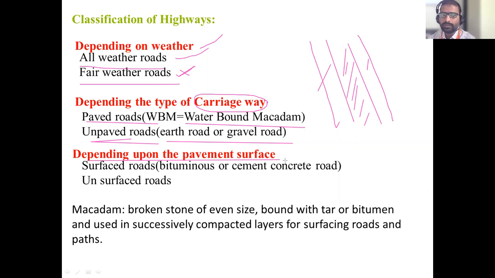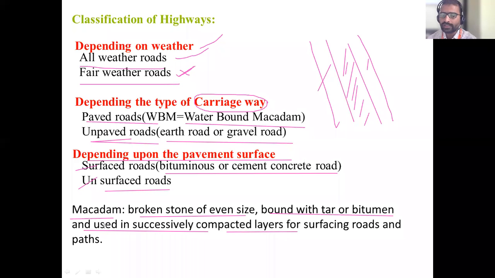Next, depending upon the pavement surface, there are surfaced roads and unsurfaced roads. In the surfaced roads, again there is bituminous or cement concrete. In the unsurfaced roads, there may be waterbound macadam. We'll see. So what is this waterbound macadam? We will see what macadam means. Macadam means broken stone of uneven size bound with tar or bitumen. Both are the same, tar or bitumen, and used in successive compacted layers for